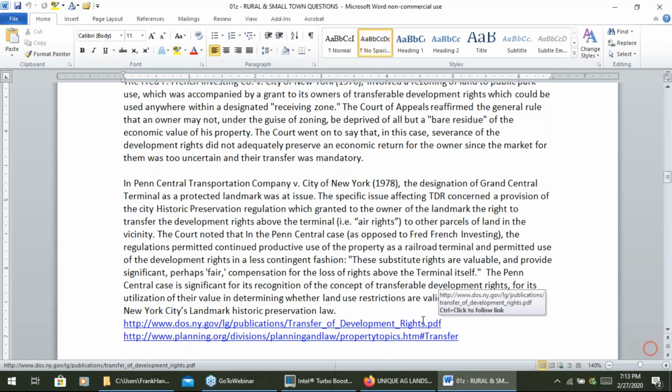So you're not only having an economically viable use left behind, but you're also going to have a hot market and be able to sell those for good money someplace else or develop it yourself. So in that case, they upheld both the TDR as well as the historic preservation ordinance. All right. But that was where the TDRs came in.